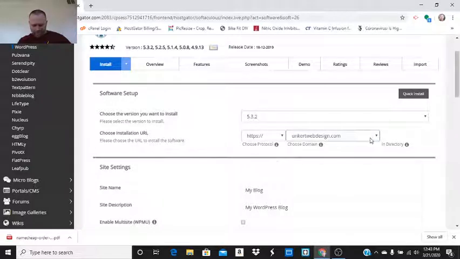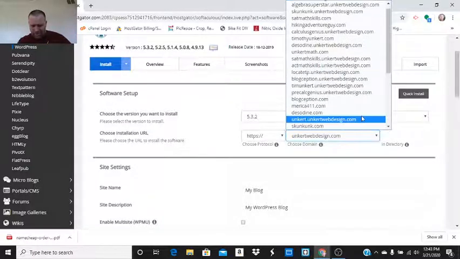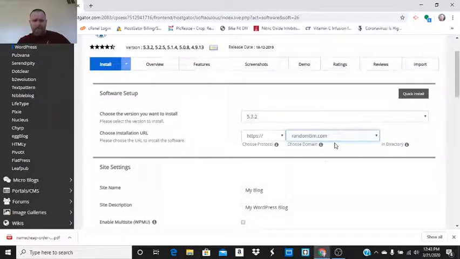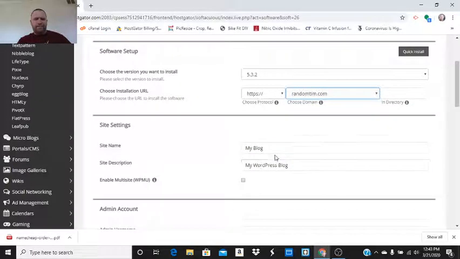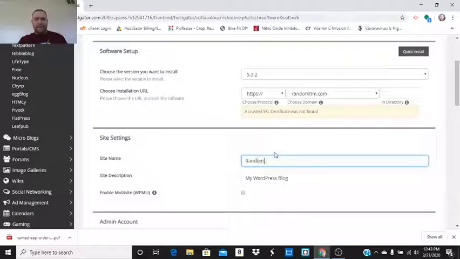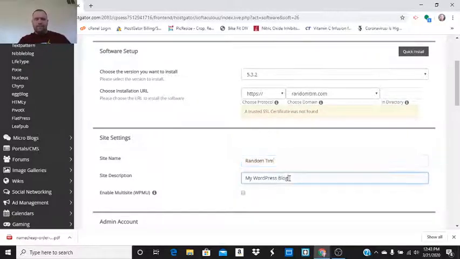I want the latest version. I'm going to install it with HTTPS on randomtim.com. It'll be randomtim. And my site description is Tim's random posts and thoughts.